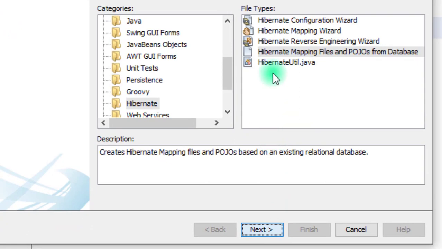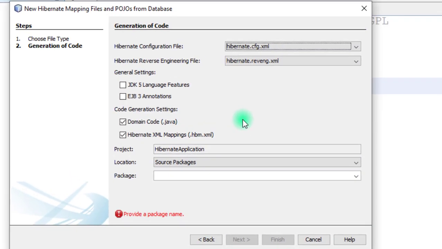Just click on next. Just wait for some time. It will automatically select the Hibernate reverse engineering file, as we can see here. It selects this by itself.